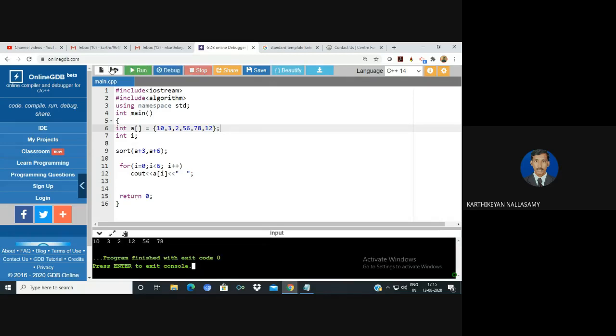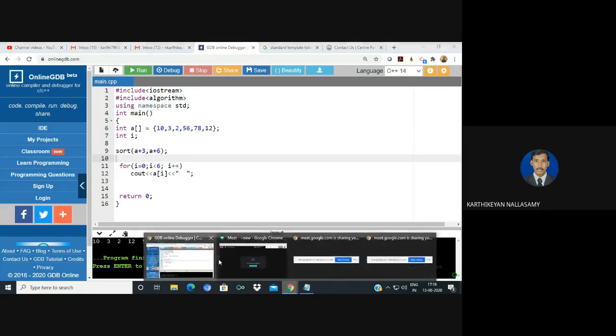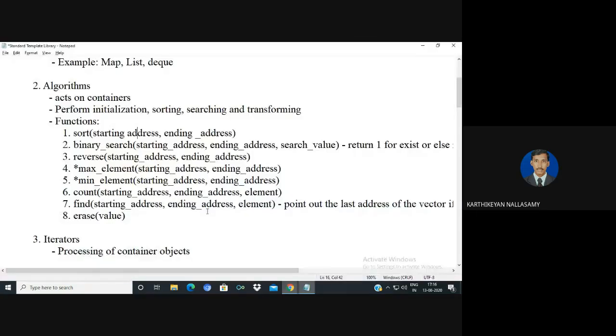So there are no changes to the first 2 elements, and the remaining 4 elements will be sorted. This is the way we apply the sorting algorithm. Now I think you know how to apply it. Because an array is a reference location, we must know the starting address and ending address if we want to perform a sort.